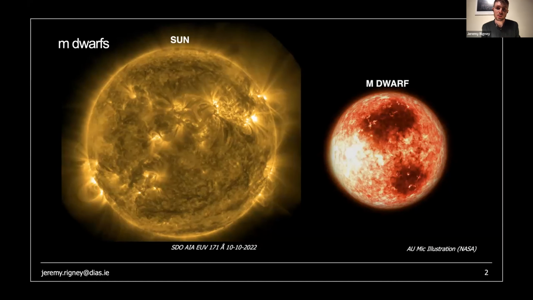And when we look at M dwarfs, which, to broadly characterize them, are rapidly rotating, highly convective stars, roughly 50% to 10% the mass and radius of the sun. These M dwarfs have much higher magnetic field strengths and much greater activity, and we see this in the form of very high energy flares, which are tens of thousands of times stronger than we see on the sun. But we don't fully understand M dwarf activity, and particularly its impact on orbiting exoplanets. So we need to examine them across the spectrum to try and better understand this.